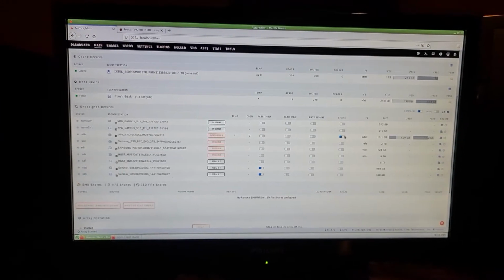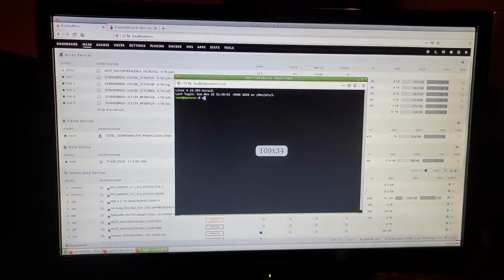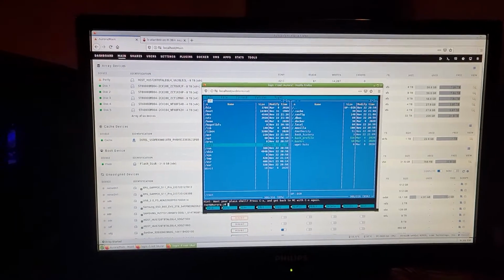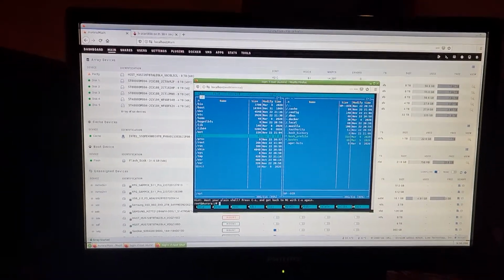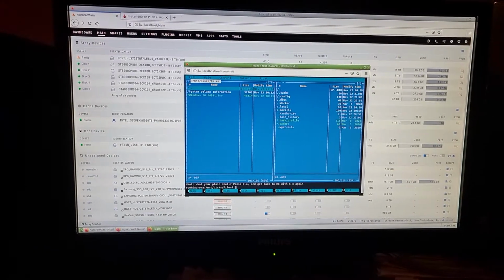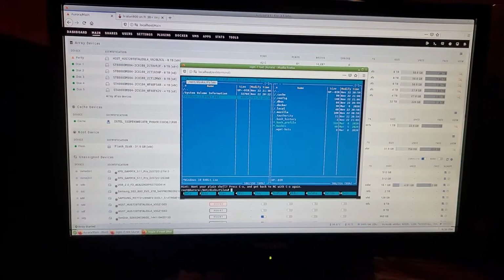I don't know if it's necessary or not, but I click on the share, and then what I'm going to do is load up the command prompt and type in MC. This is Midnight Commander, and in Midnight Commander, I'm showing how to move around in it, but we're going to mount into disks, including USB disk files. Now there's my Windows 10